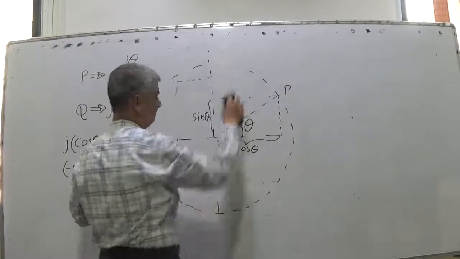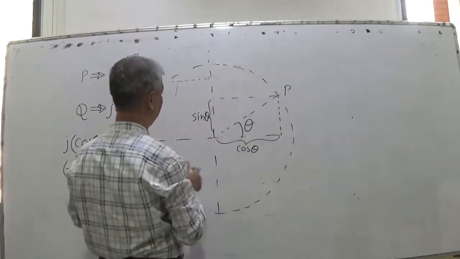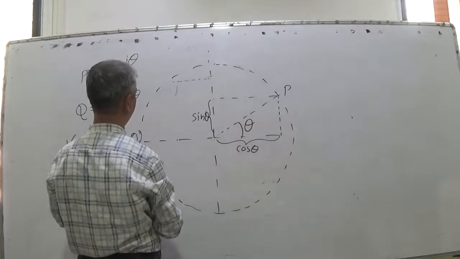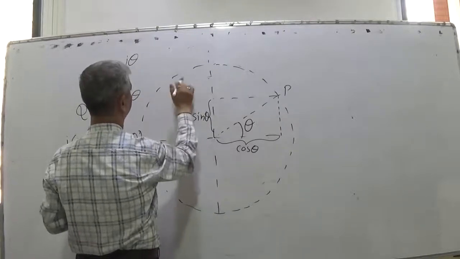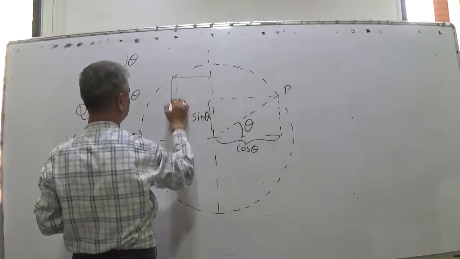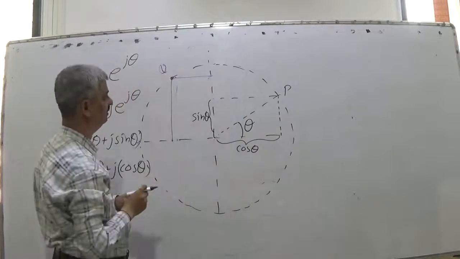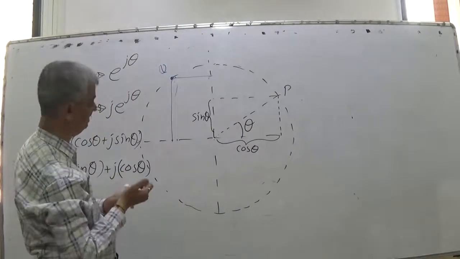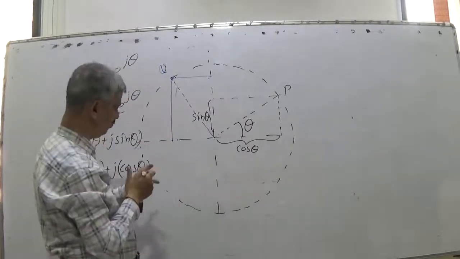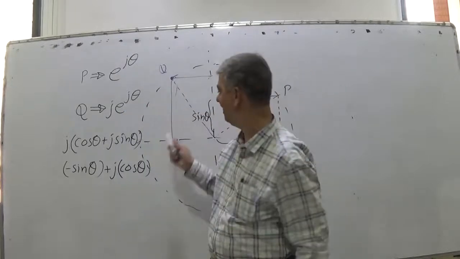This circle is not a perfect circle while drawing, so some kind of error may be there. So this distance here and this distance here, so the rectangle will be like this, and this is the point Q. Now obviously, if you draw a diagonal like this, then this can be a good question to find this angle.